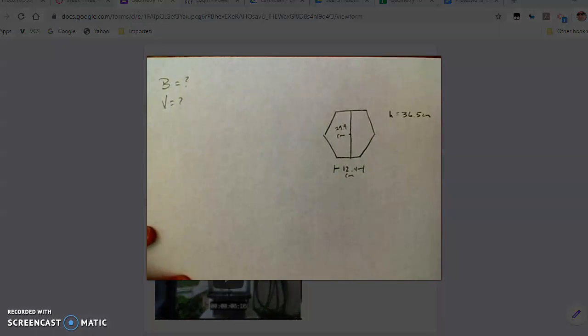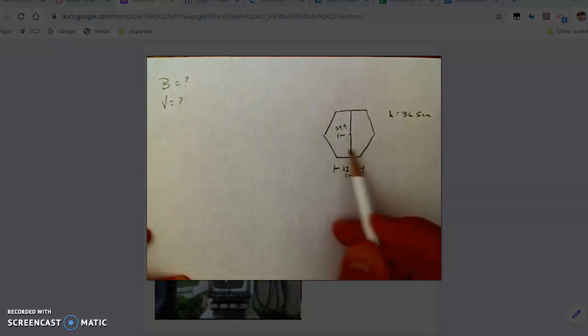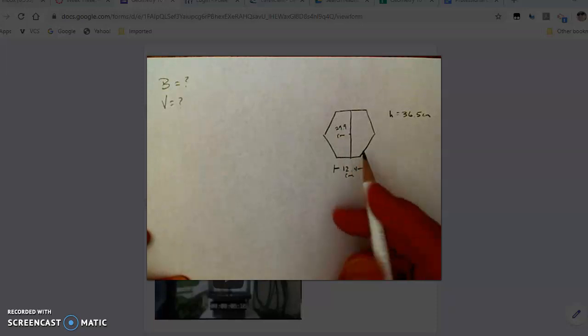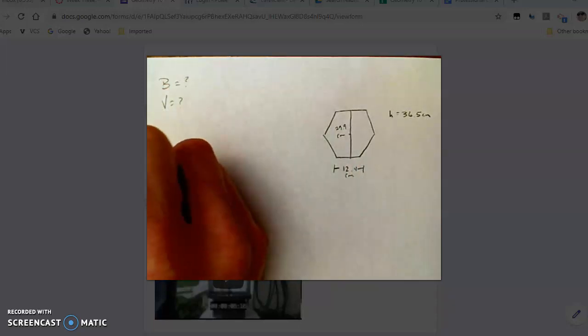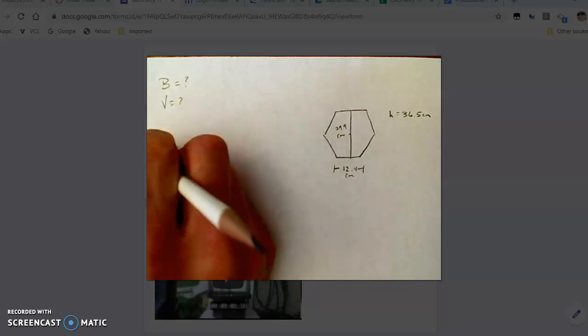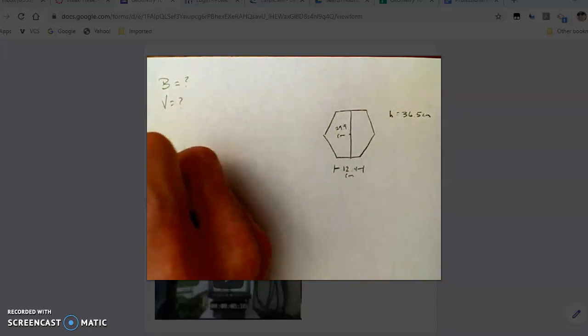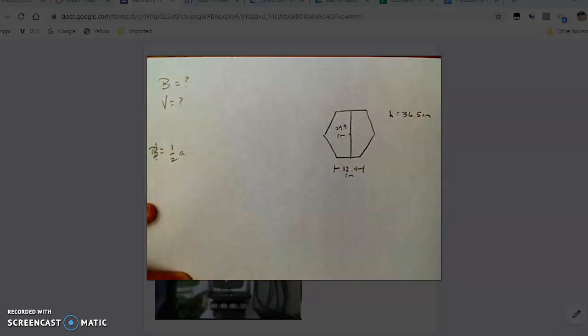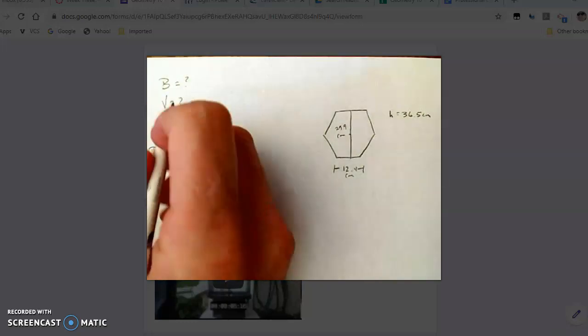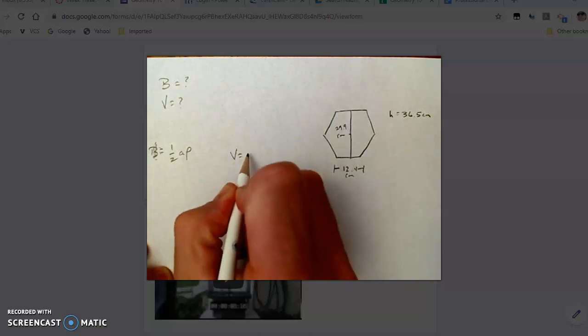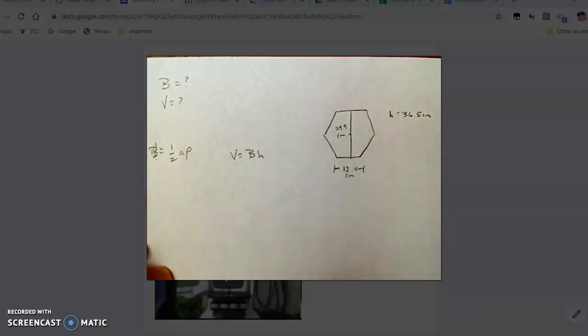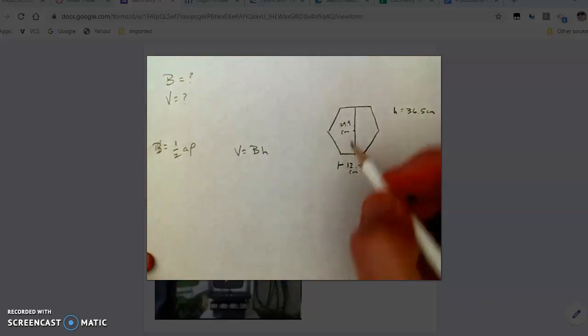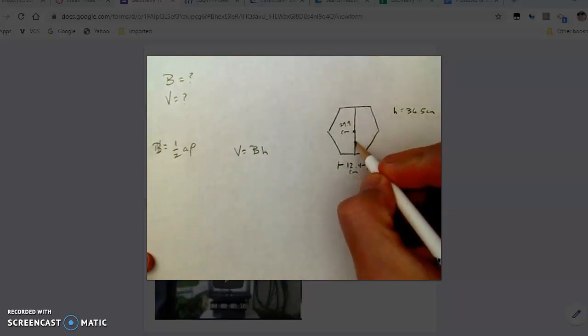So let's see what we could do with that. So if we're finding the area of the base, so recall that this is a regular hexagon. So we have a formula for that. The area of the base is 1/2 the apothem times the perimeter. And then when we go to get the volume, it's the area of the base times the height. So we've got a couple of tasks here, right? So our apothem, remember, is this distance,